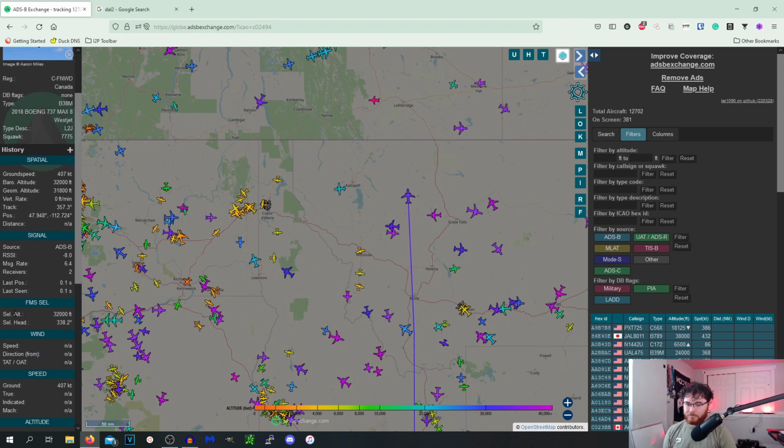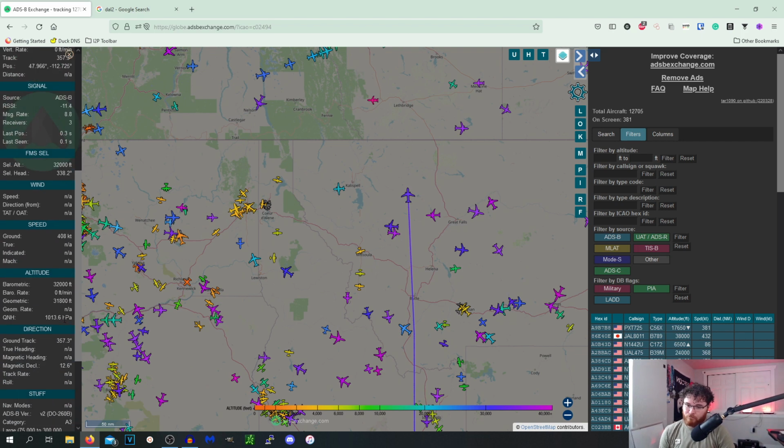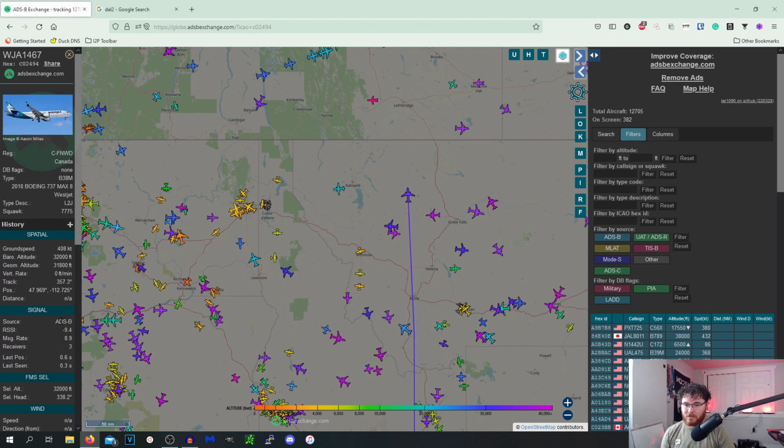Let's see. The altitude is 32,000 feet. Okay, so the heading is 338 degrees. And just some basic stuff about this particular jet. Now, where you would find this kind of information useful is, I will show you the historical data. A good use case of all of this is back